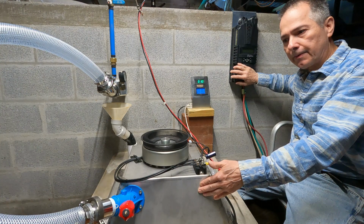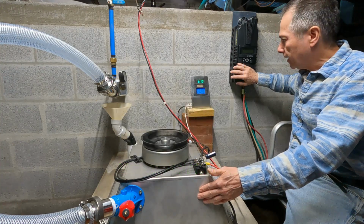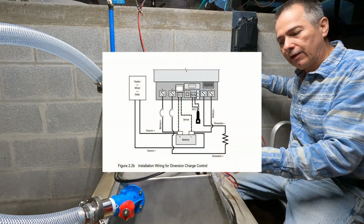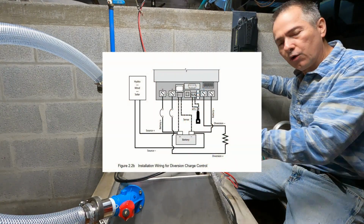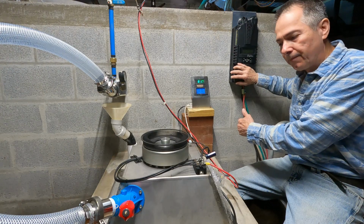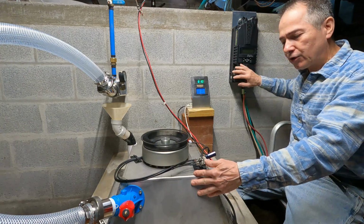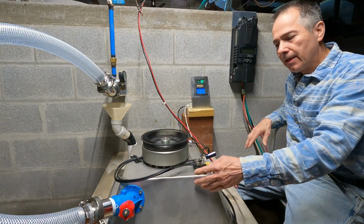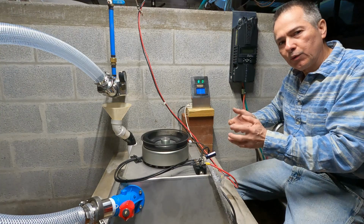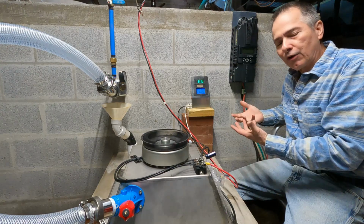This other system's, I think it's MidNite Solar. I forget the brand, which I'll probably try out. And it does hook up the battery straight to the generator. And again, in order to control charge, they actually load and divert the power to a resistor or some other external load to try to keep the charge from going out of control. I'm not too crazy about that, having the batteries tied always straight to the generator and trying to create a load on the generator so it doesn't overcharge the batteries. I don't know, it just seems a little